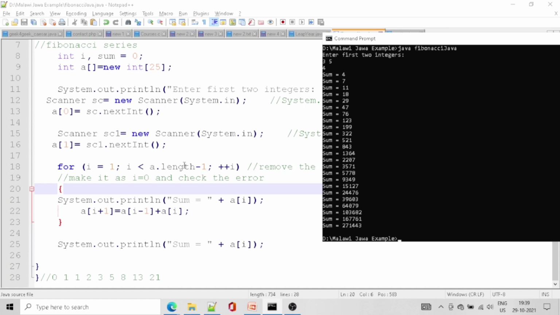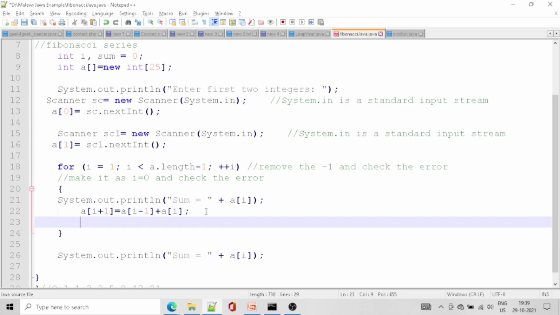Now you can remember this. It becomes 1. So the fourth value is given as 1.